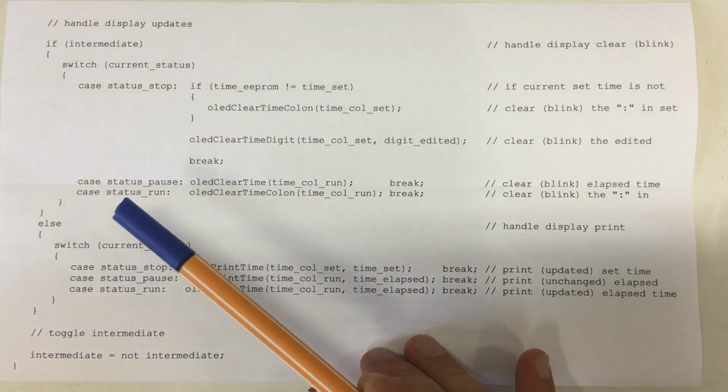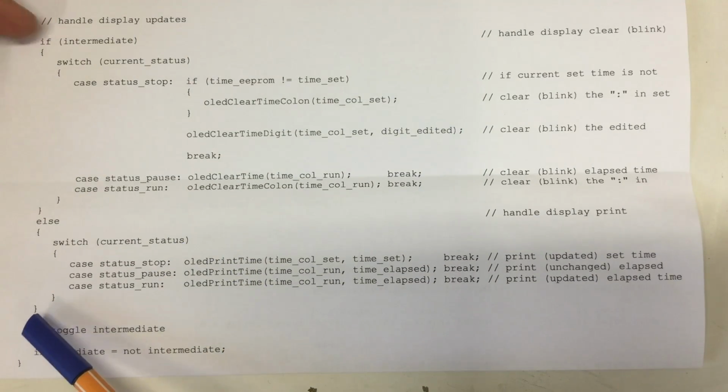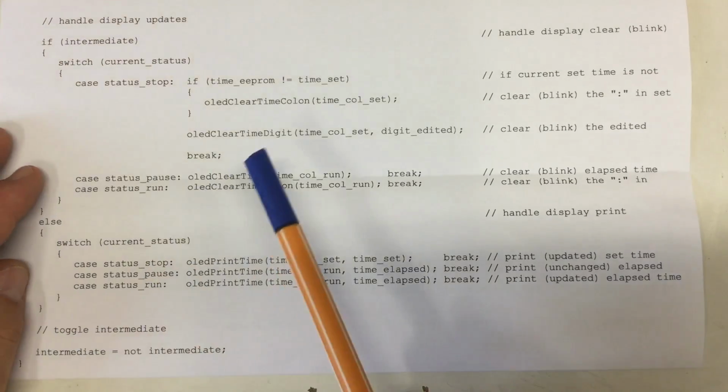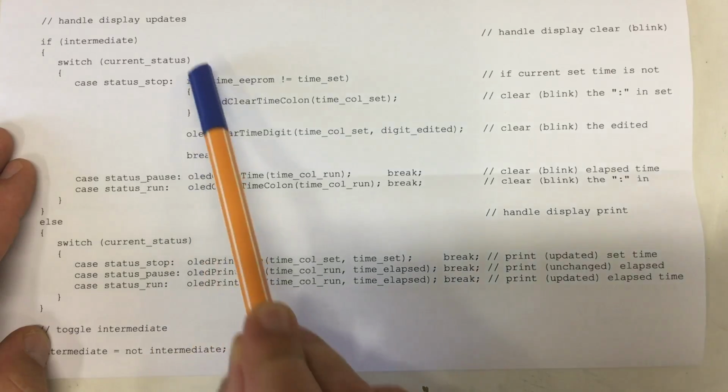And I basically reversed that. So my outside is now the if-else statement doing the intermediate or not intermediate stuff. And inside I have the switch statement